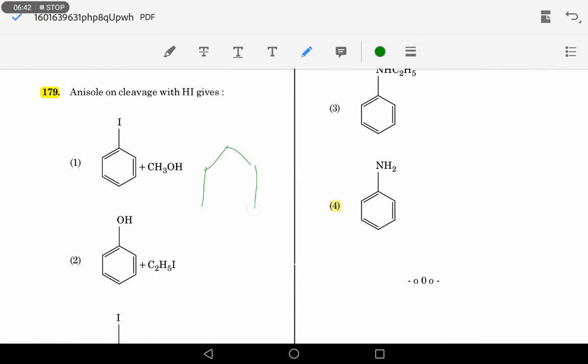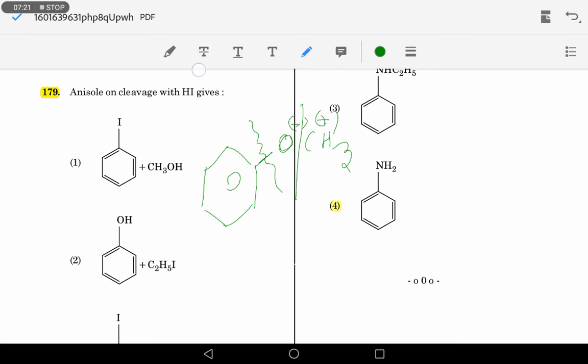a benzene ring with OCH3. Of course, the cleavage takes place in this way. The cleavage cannot take place like this, because if the cleavage takes place in the second manner, then it will form an aryl carbocation which is highly unstable. Here in this kind of reaction mechanism, stability of the carbocation is important. So O minus and CH3 plus form a stable carbocation.